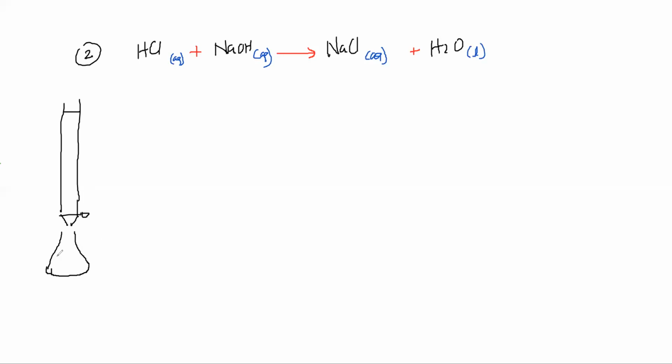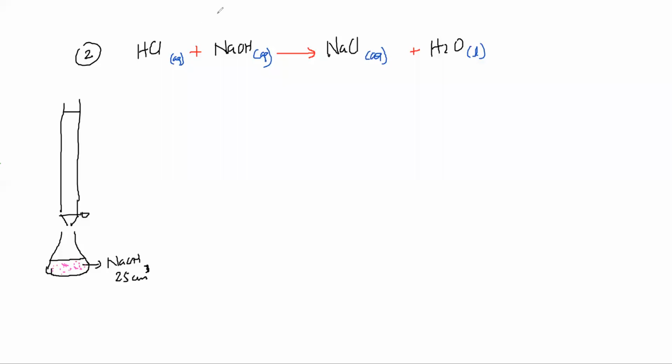But whatever you are adding in the conical flask, you should be aware of its volume. So let's say I add sodium hydroxide to the conical flask. When I'm adding sodium hydroxide, I know the amount. Let's say I'm taking 25 centimetre cube. So I'm aware of the volume of the sodium hydroxide that I'm adding here. Next, I will add an indicator to this, phenolphthalein, let's say. That will turn the solution pink.